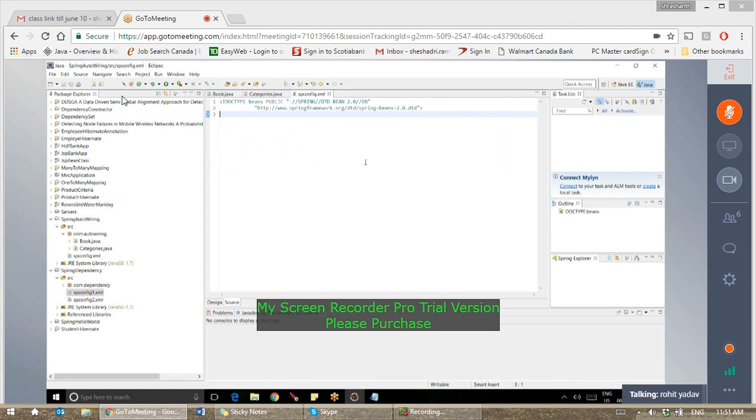Right. So how to configure the bean tags of both categories and book, that we have to see. First thing, the bean tag is there. In the bean tag, I need to write a bean. So what does the bean consist of? ID. What do you mean by ID? The object, the object for the class. And which class? You can say com dot